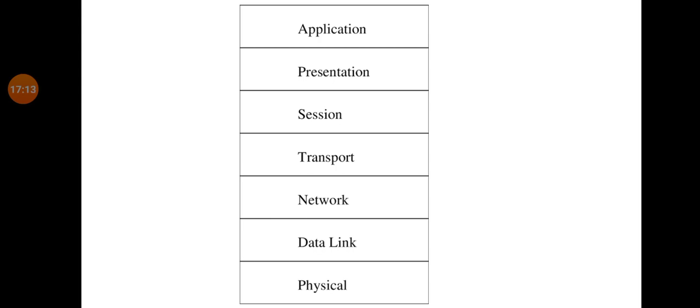Both hosts are using different codes, but still we want to transmit useful data from host A to host B. In that case, the presentation layer will convert ASCII code into EBCDIC code and transfer it to the presentation layer of host B, and now host B can understand the data easily because it is in EBCDIC code, not ASCII code.